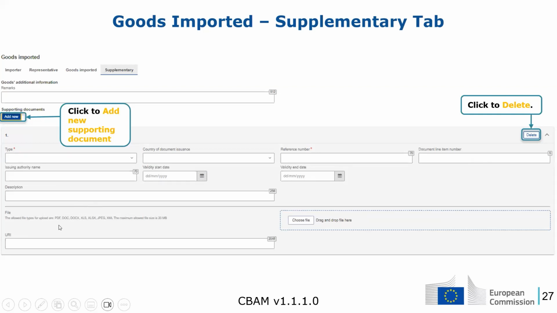The allowed file types are PDF, docx, so Word documents, Excel documents, JPEG, and the maximum allowed file size is 20 megabytes. You can also specify any URL where the document resides, so that it is clicked and we can go and visit the document.